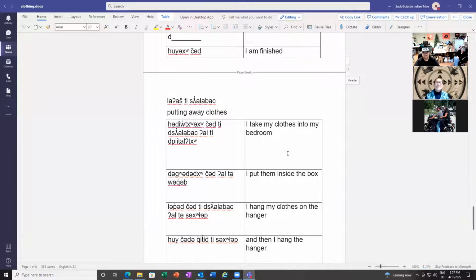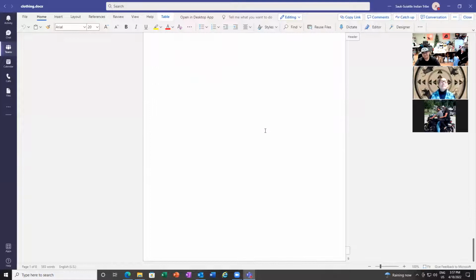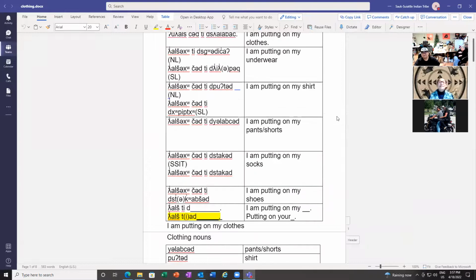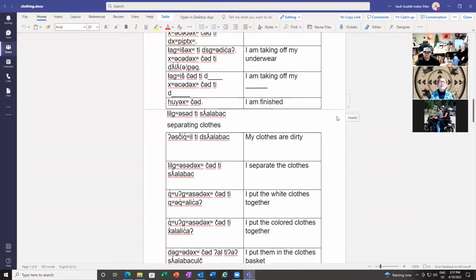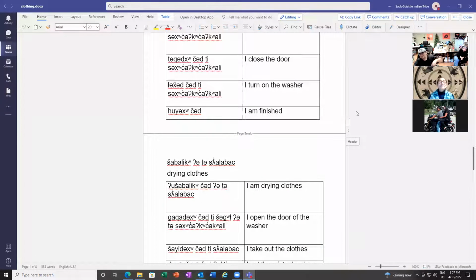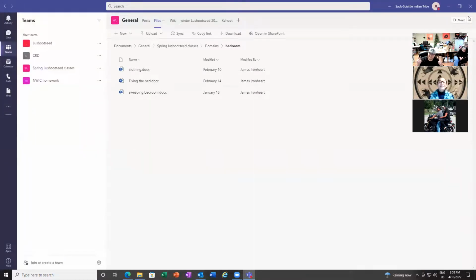You're gonna fold your clothes, and then what do you do? Are you done when you just get done folding your clothes? No, you got to put your clothes away, right? So you put your clothes away, you hang things up, you put it in boxes, or you put it on a shelf, in my case, and then you start the whole process over again, right? You go right back up to the top. You put your clothes on, you take your clothes off. They're all dirty now. You got to put them in the washing machine. It just goes in a loop, right? So we're gonna experiment with that and have fun with our language activities, aka domains,